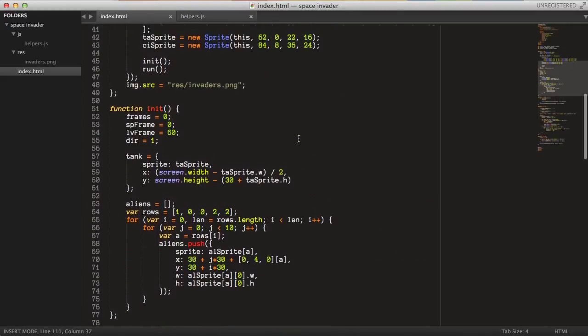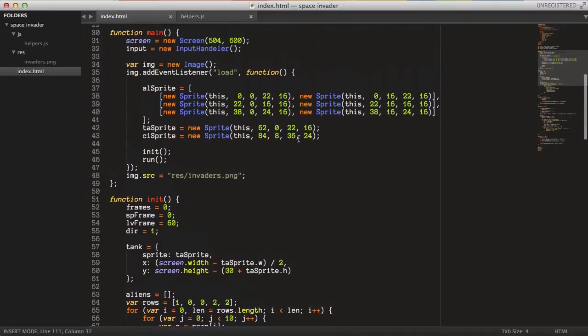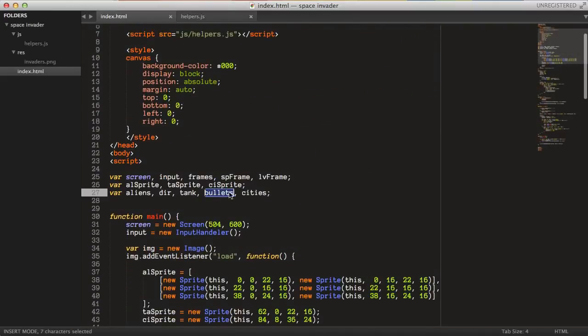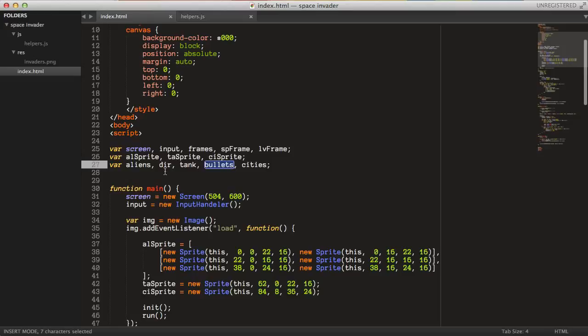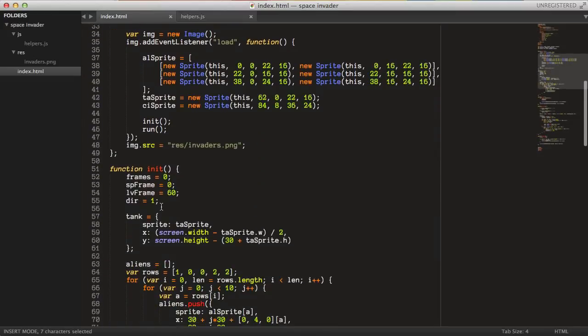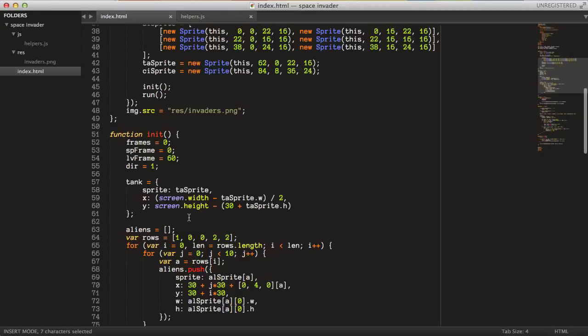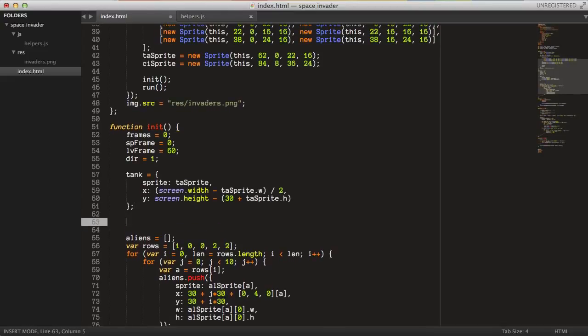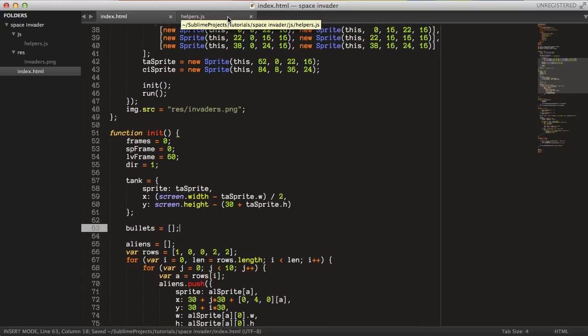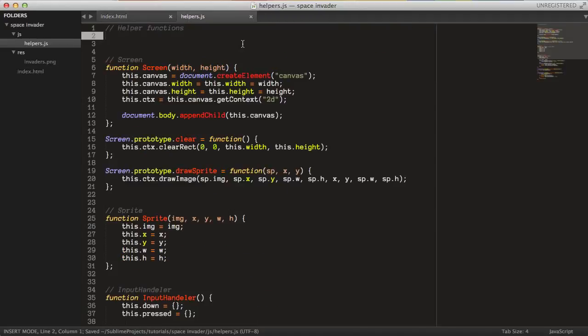To start off, I just want to implement the shooting. So make sure that you have declared the bullets variable here at the top of the script file, and then go down here after the tank, perhaps, and create a new bullets list like that. And then we will have a function, which I will call create bullet, and that will take an x position, a y position, a velocity in the y direction, and then